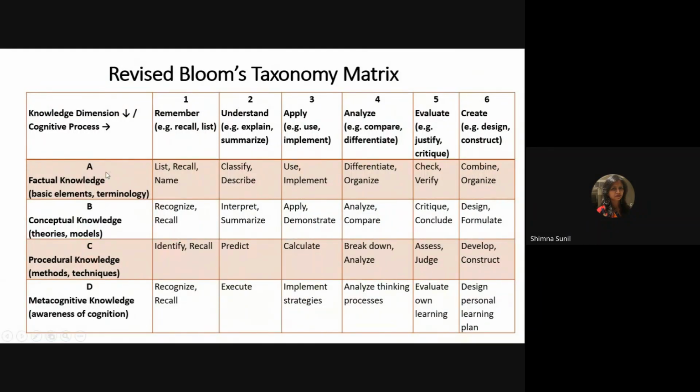So when I'm taking a poem, for example, my factual knowledge is, what is the poem about? The poem is about rain. Okay, so that is a factual knowledge. Then there will be some conceptual knowledge in that poem. Then there will be some procedural knowledge, like understanding the structure of the poem. And then there will be some thematic understanding, metaphorical understanding about the poem, where I'm going to the metacognitive understanding